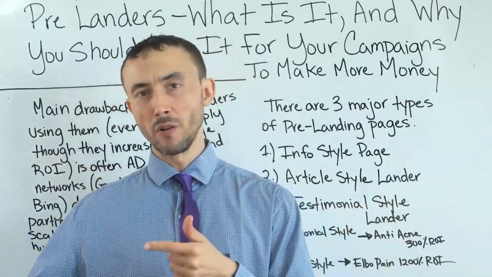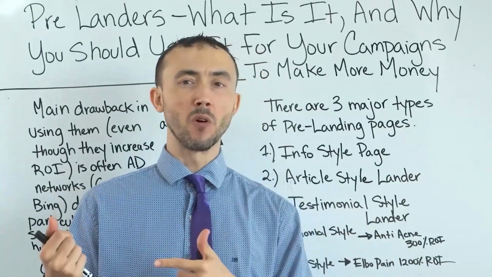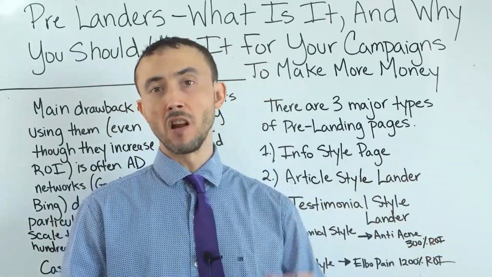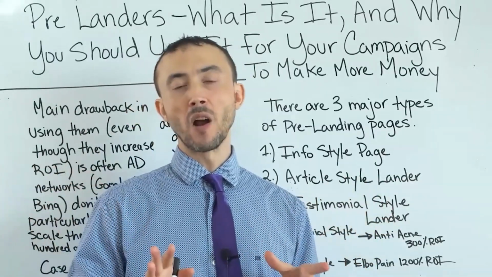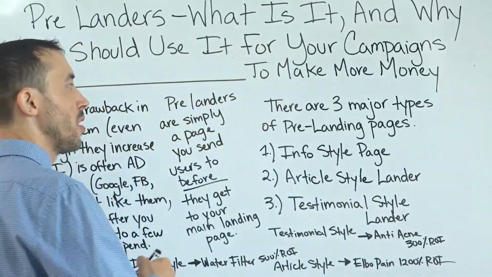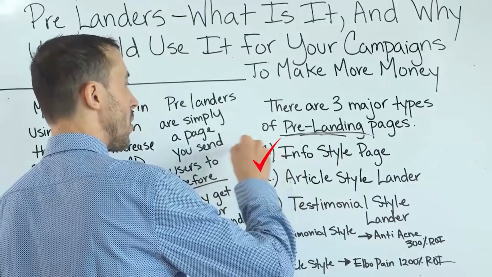Obviously it can be used with malintent to get people to buy crap that doesn't work, but if you have something that works, this is a more effective way to interrupt somebody that's reading a news article or on social media, to get them into the right frame of mind so they will be open to your product or service. So with that said, there are 3 major types of pre-landing pages, as I mentioned before. There's the info style page,